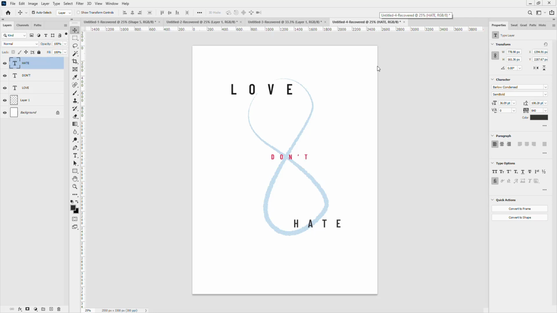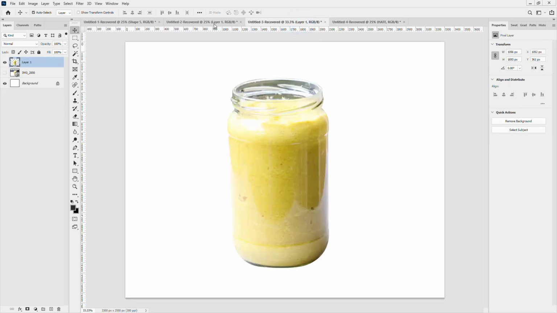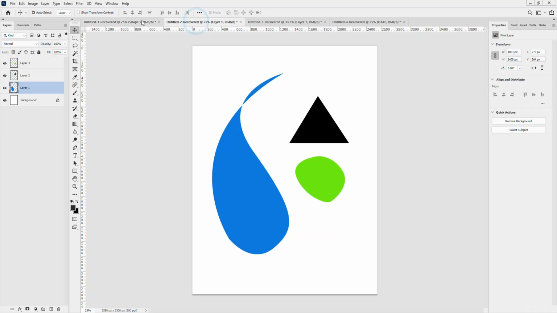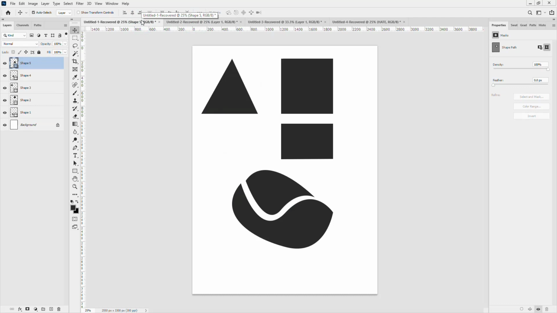In the last class we looked at the pen tool and we took a deep dive into the pen tool, and we did a couple of things that showed us how the pen tool works and kind of remove that fear that people have of the pen tool, especially beginners to Photoshop. So